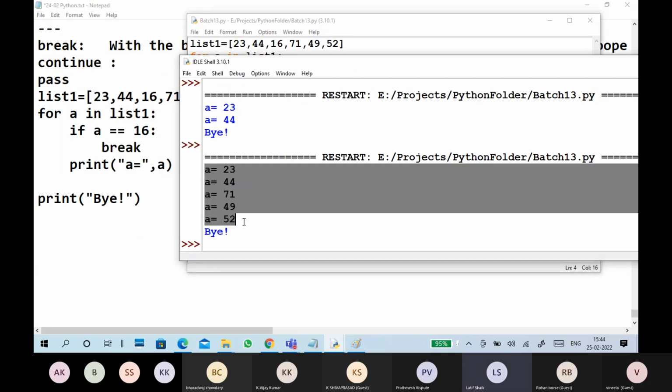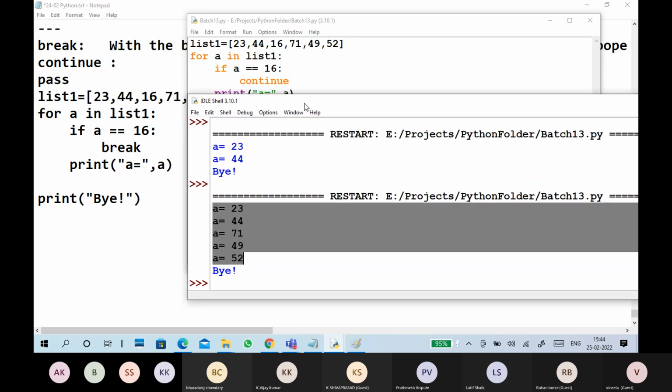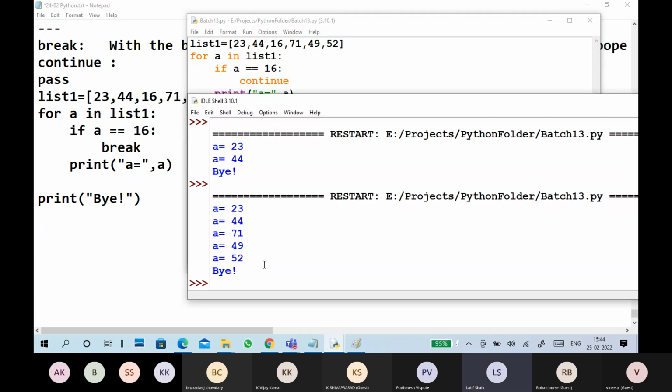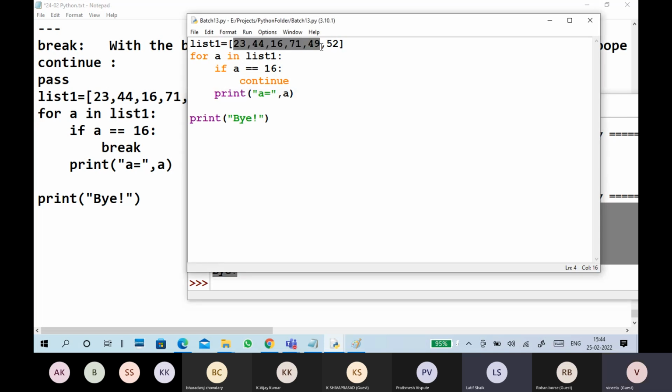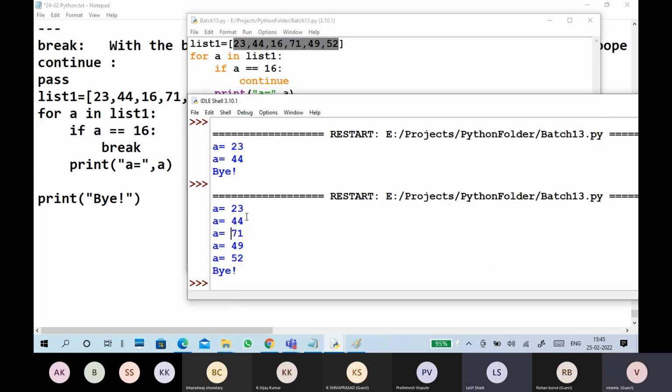Is it printing everything or not? What is missing here? 16 is missing, sir. 16 is missing. Very good.